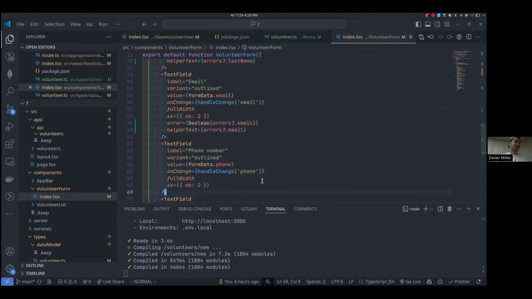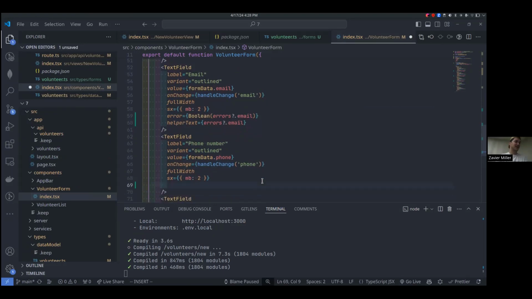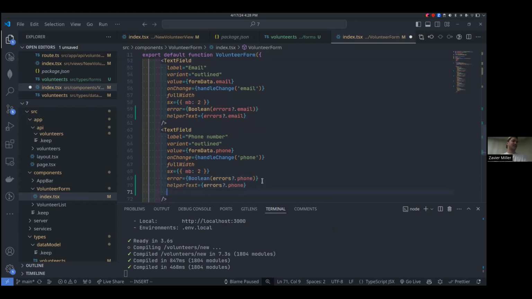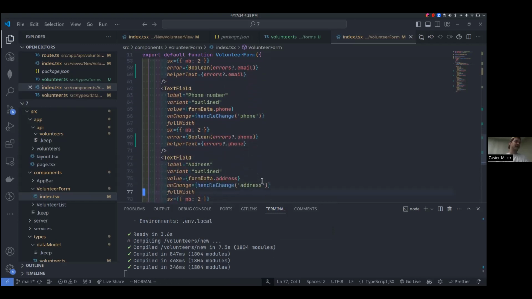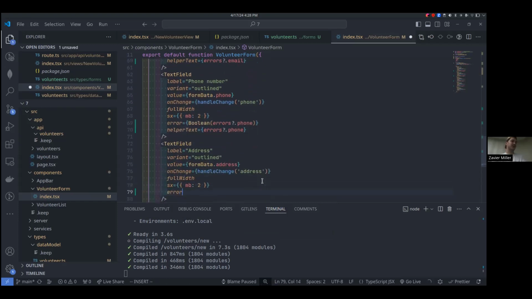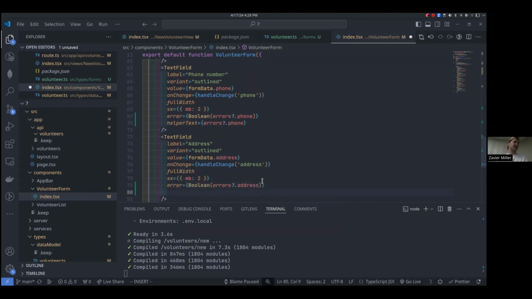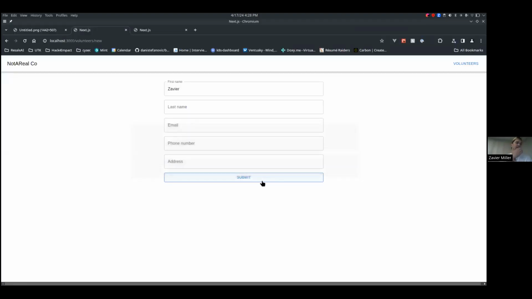Then I'll come down to this one. It should get the idea now. Nope. Okay, error, get the idea. Bang. And then finally for our address, we'll do the same thing. Error. And that. Okay. And so now if I submit again,